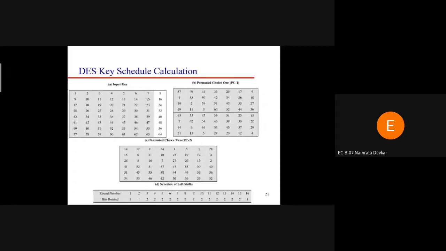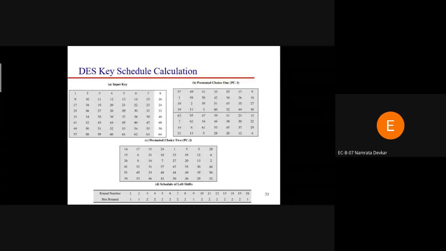In the Feistel cipher or in the DES algorithm, we use a number of rounds. In this algorithm, we can shift one bit or one particular letter by its 28th and 57th position. The first number can be replaced by its 28th and 57th letter. If we count 1, then from 1 we have to count 28, and at that position we place the 28th letter. These are the calculations of the DES key.